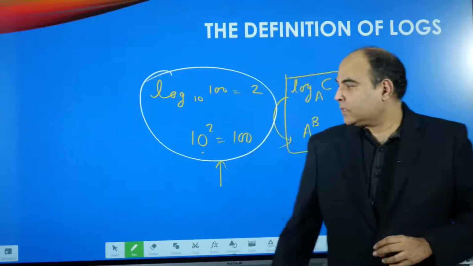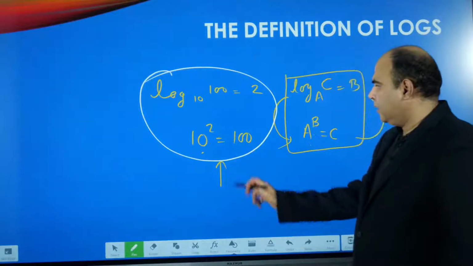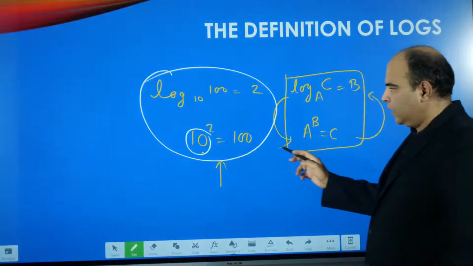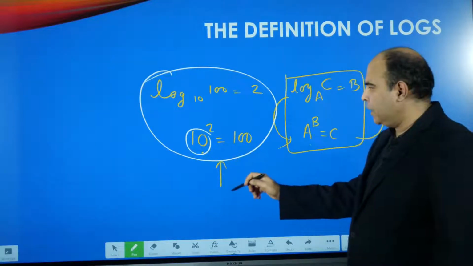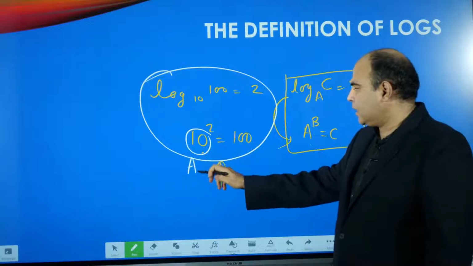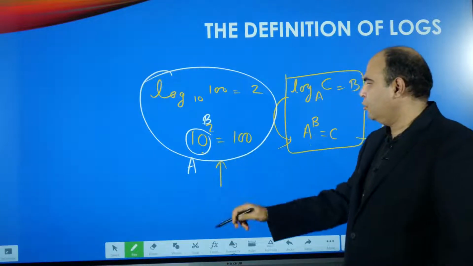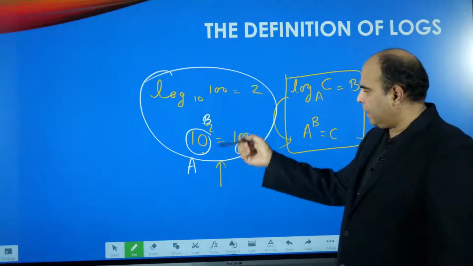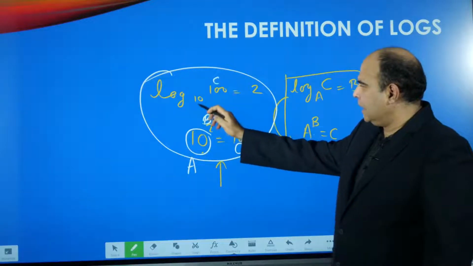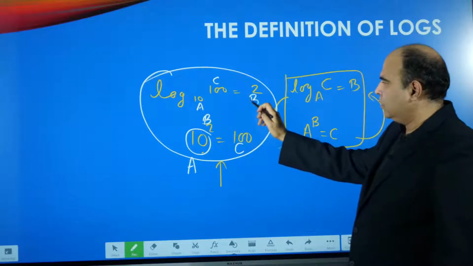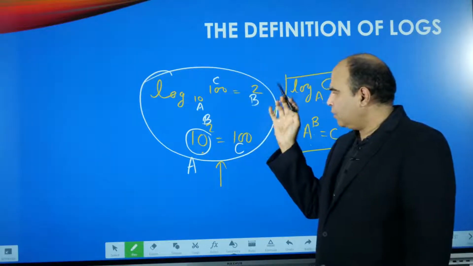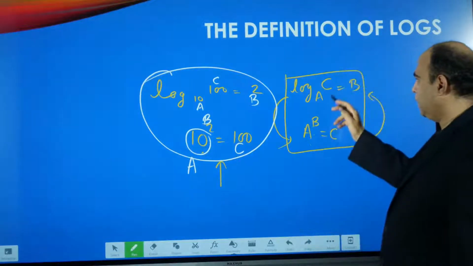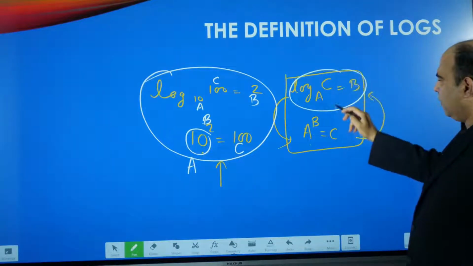Okay, I'm just repeating this. Here, if you look at this equation, a raised to b is equal to c, so a is 10, b is 2, and c is 100. And if you take this there, 100 is c, and a is 10, and b is 2. So log c to the base a is equal to b, which also means a raised to b is equal to c. So you have to remember it vice versa also. If you get this, you should be able to go there.